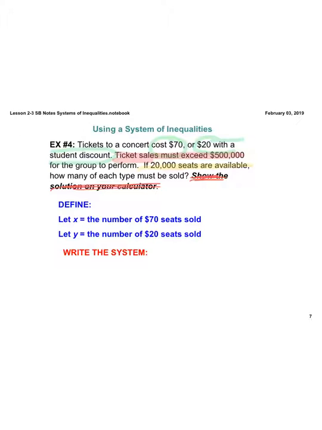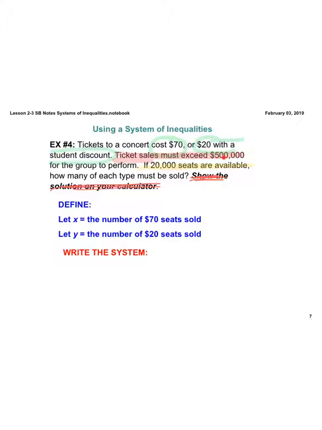So you have to define your variables. So we like to use X and Y. You could use S and T or M or whatever you want to, but you have to decide which one's your independent variable, which would be on the X-axis, and which one is your dependent variable, which would be on the Y-axis. In this case, the two things that make a difference would be, in order to make our $500,000,